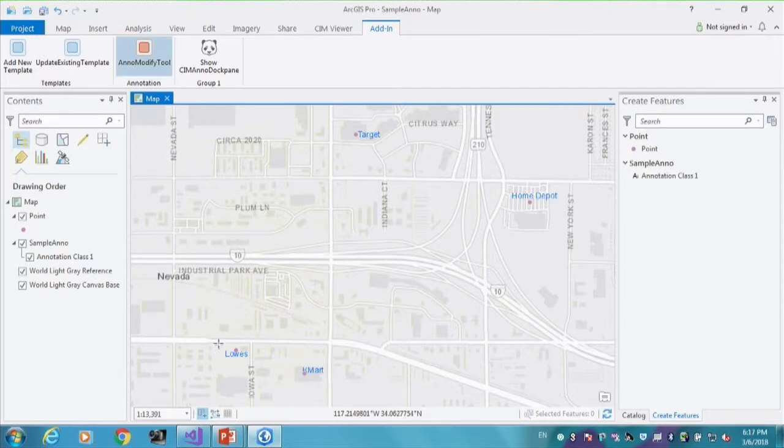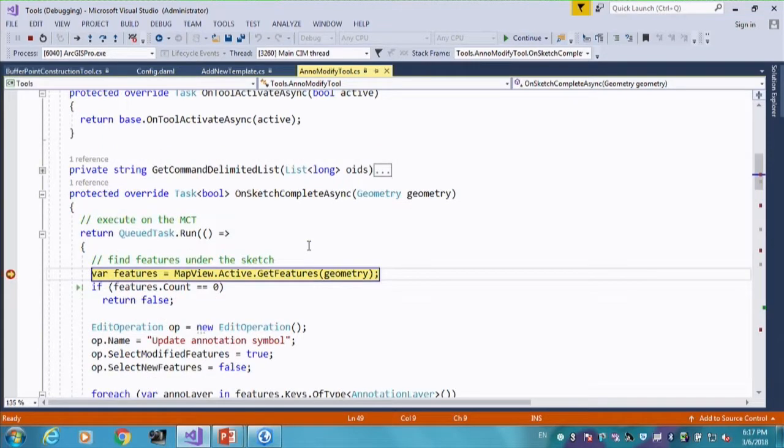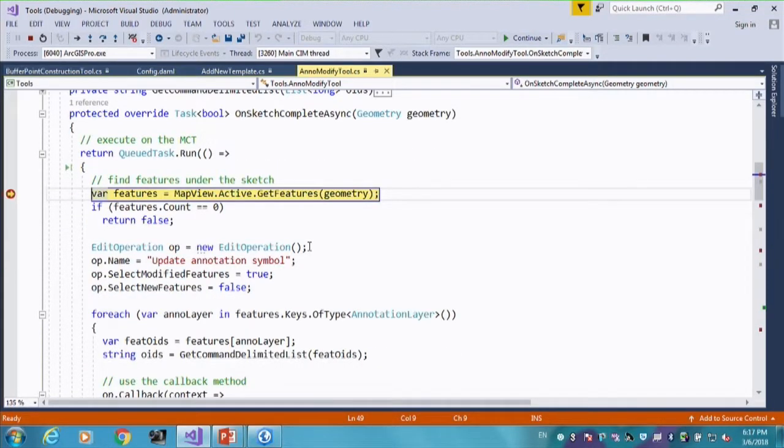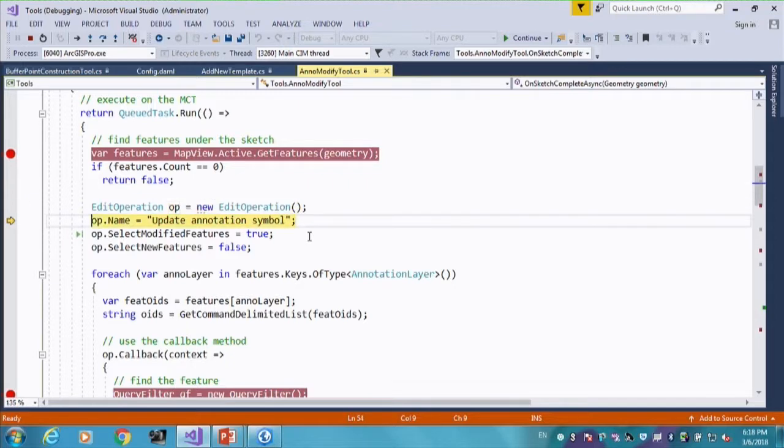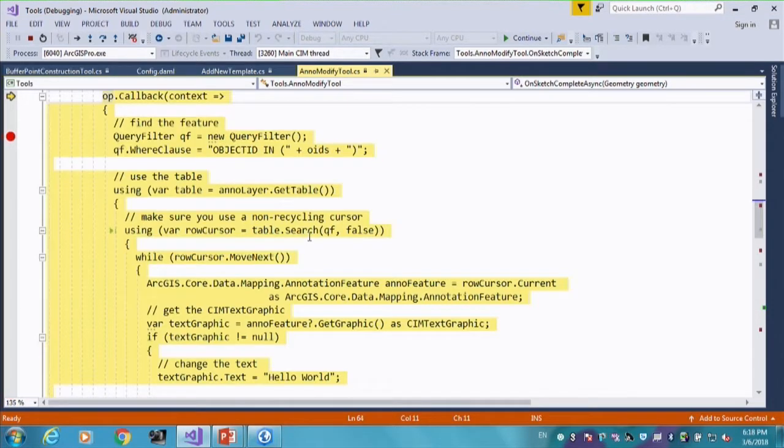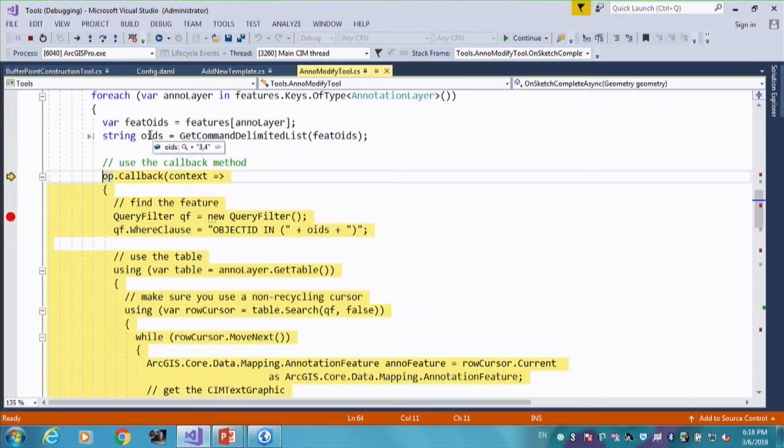So if I go and activate this tool, you can see I can drag it over multiple if I want to. And when my sketch complete async has finished, I'm going to come in here. And the first thing I'm going to do is get the features underneath my cursor. Start up my edit operation. And then for every feature which is of type annotation layer, I'm going to get all of those features. I'll get a comma delimited list. So you can see that in this case I have multiple features. I'll call the callback function,